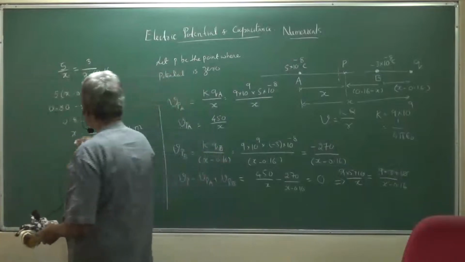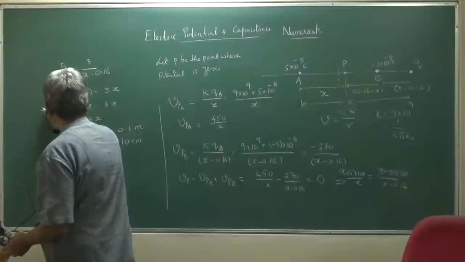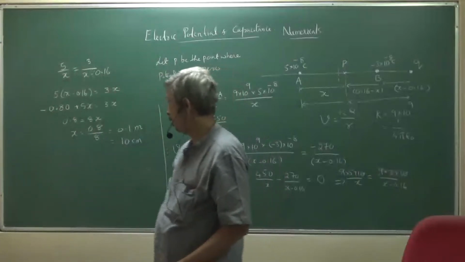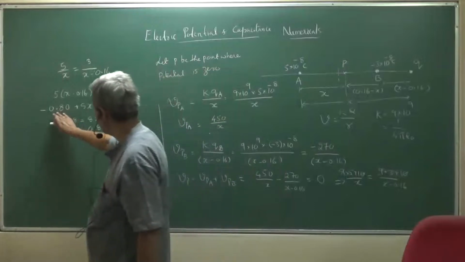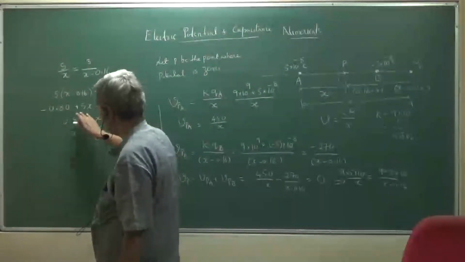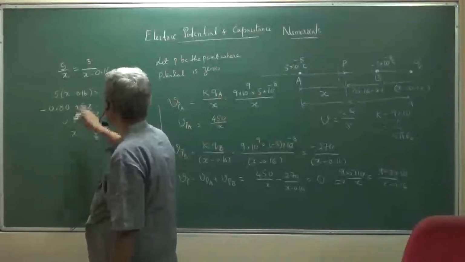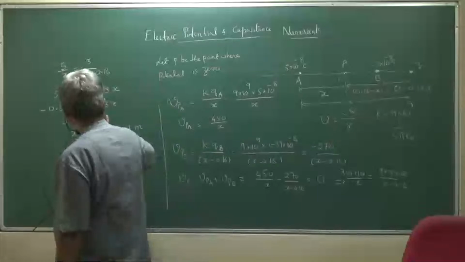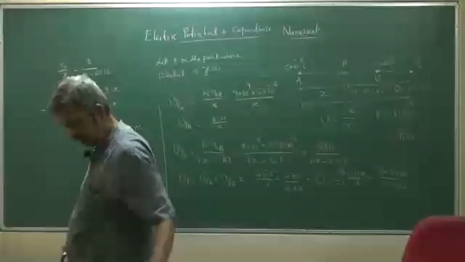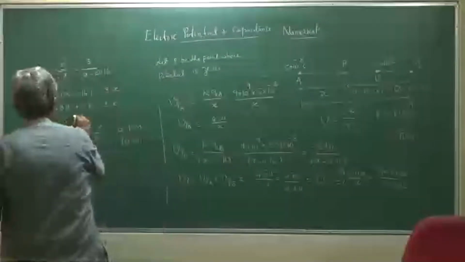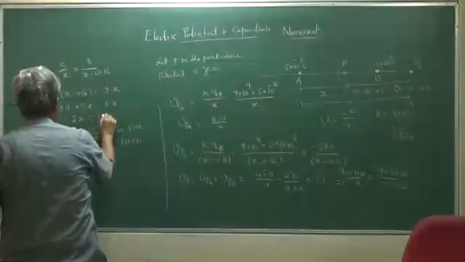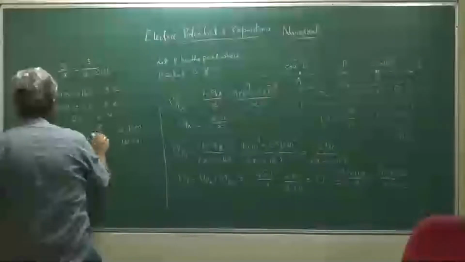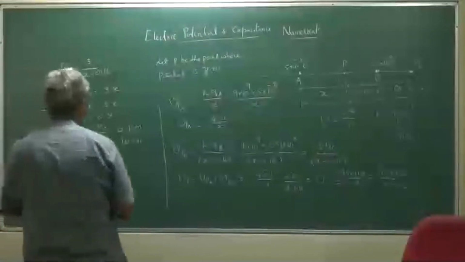Okay. Now this will become plus 5x minus 0.8. Correct? So now what I'll do is I will get this minus 0.8 to this side and 3 to this side. 5x minus 3x is equal to 0.8. Okay. 5x minus 3x is nothing but 2x is equal to 0.8. So x is equal to 0.8 by 2, which is nothing but